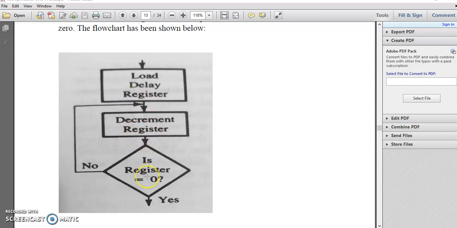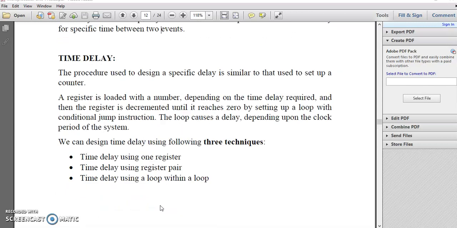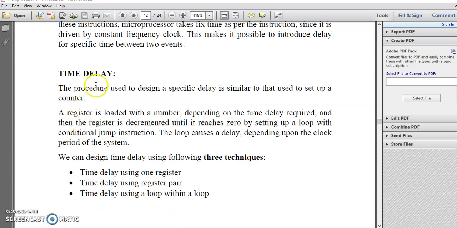If it reaches the final value, then it terminates. So to implement the time delay, we need some register in which the value will be loaded. We need some loop to update the value of the delay register again and again, and we need some jump condition instruction.